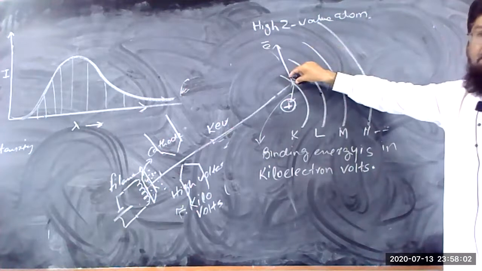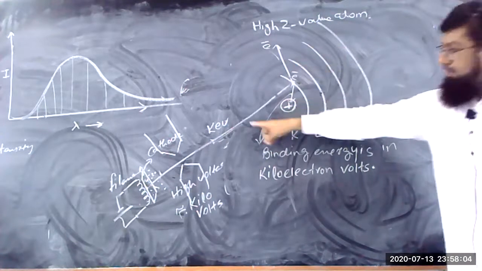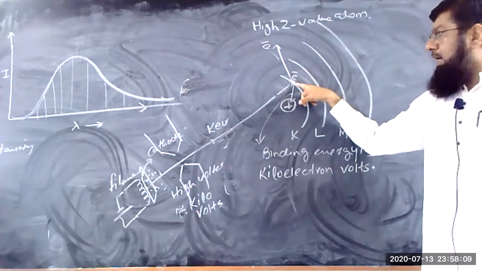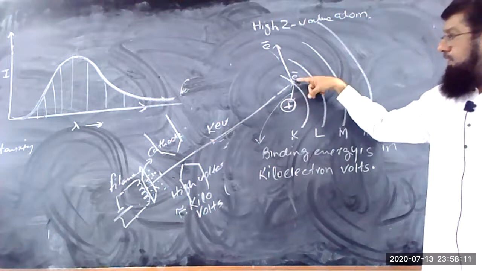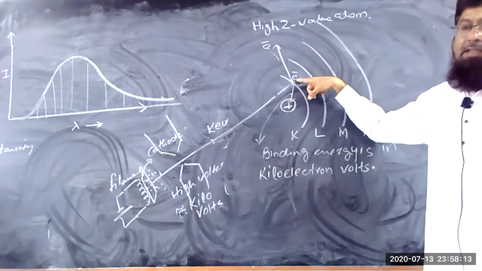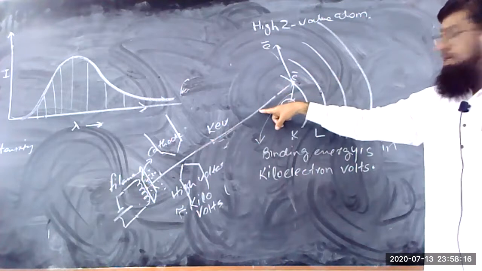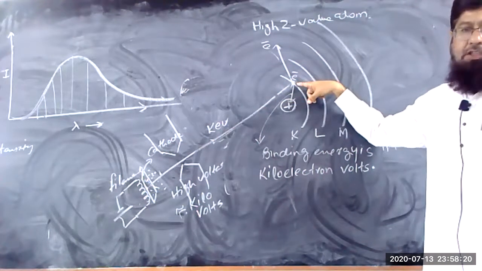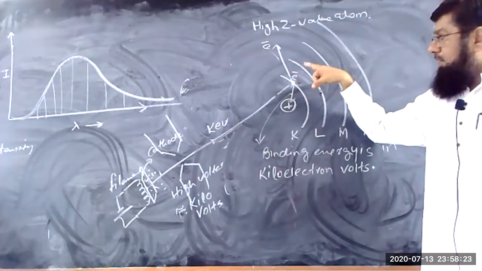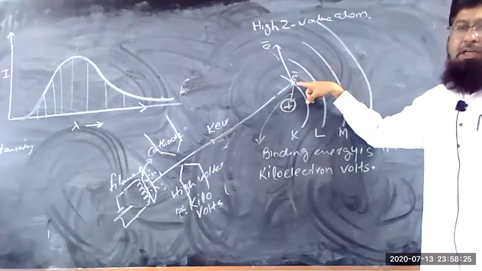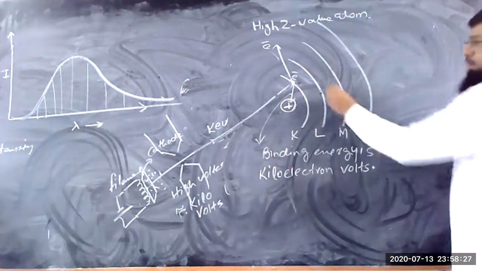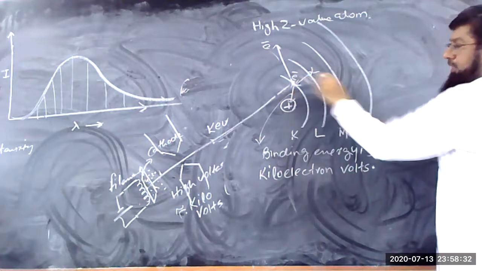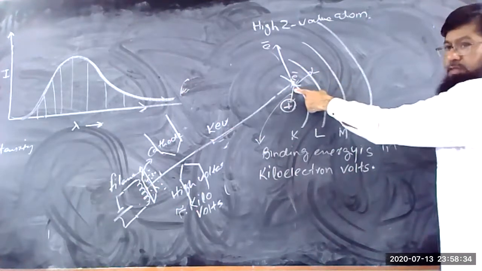This deficiency over there, because this incoming electron has an energy high enough, equivalent to the binding energy of the electron in the K shell, then there is a chance that this incoming accelerated electron can ionize the electron from the K shell. As a result, the deficiency in the K shell is now filled up by an electron jumping from the L shell. So the L shell electron jumps over there and fills up the deficiency.